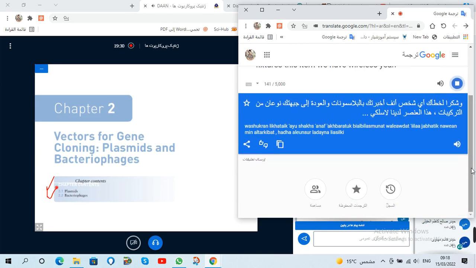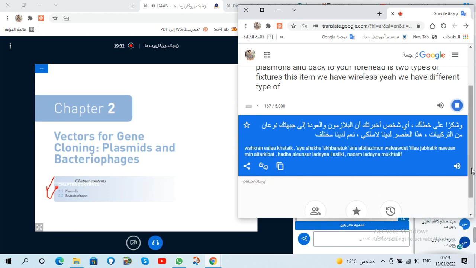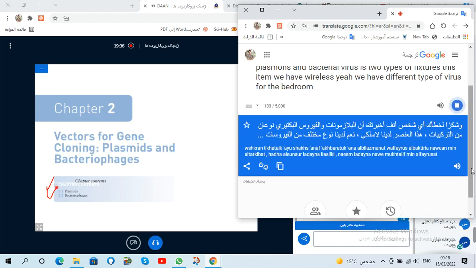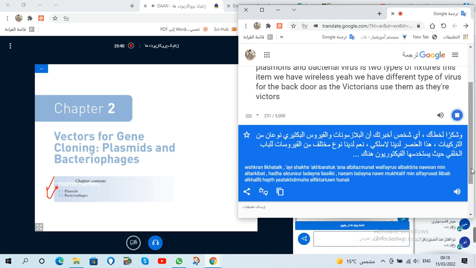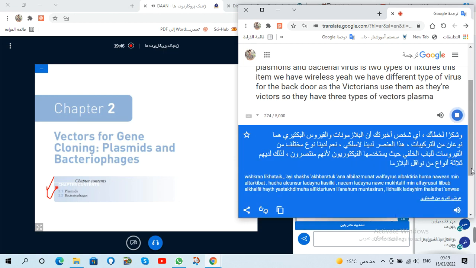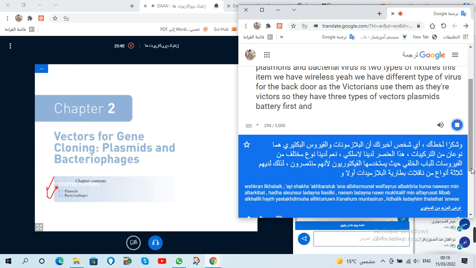We have different types of virus that we use as vectors. So we have three types of vectors: plasmids, bacteriophages, and viruses. For example,